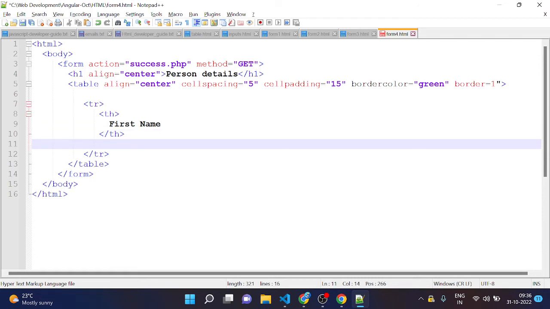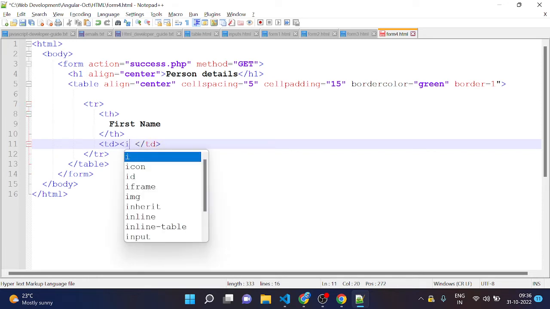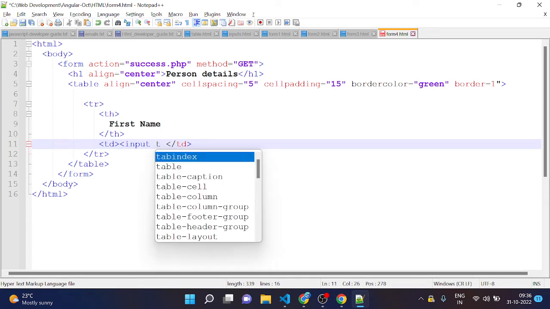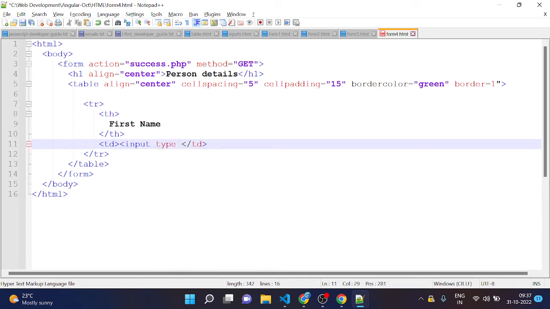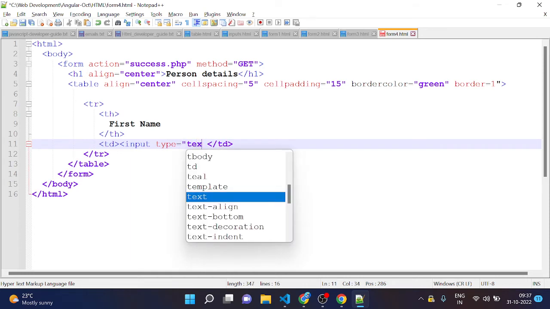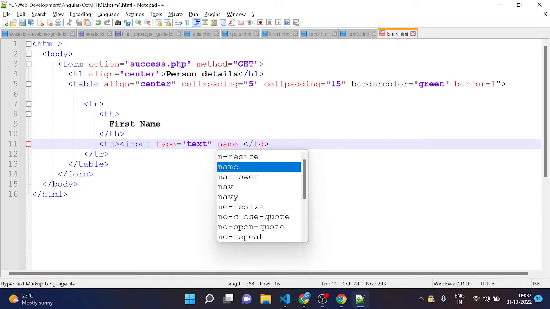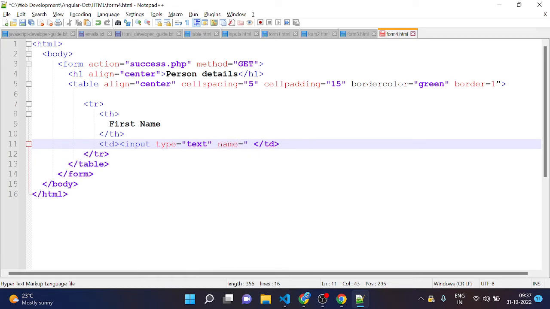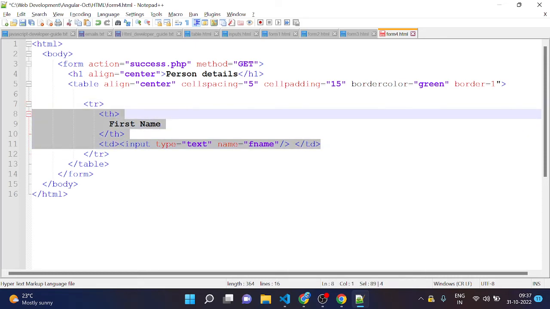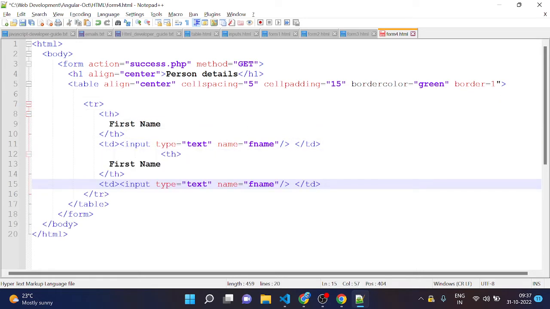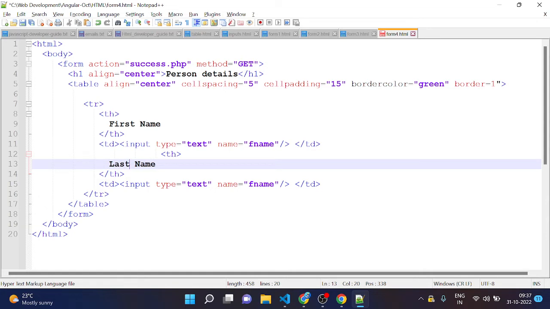After that, with the td, I'm going to put an input tag of type text. Usually for a form, we need to have the name attribute for each input so that it can hold the particular value after submitting. First name, last name,